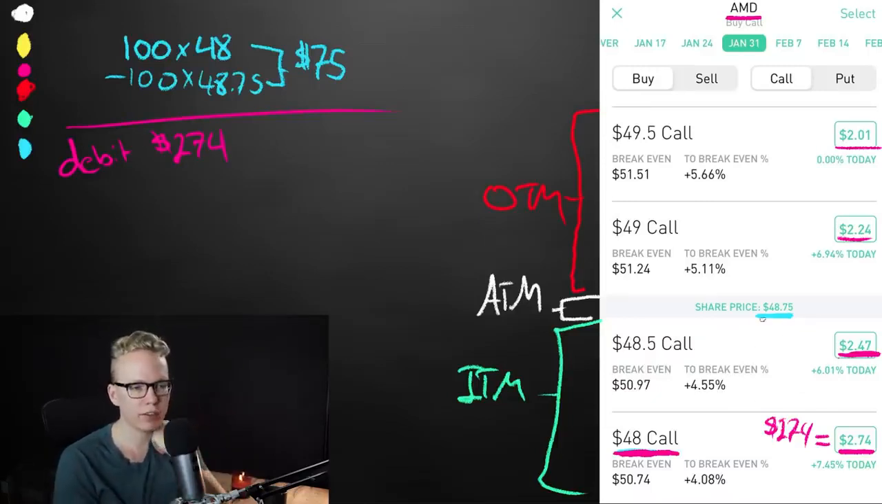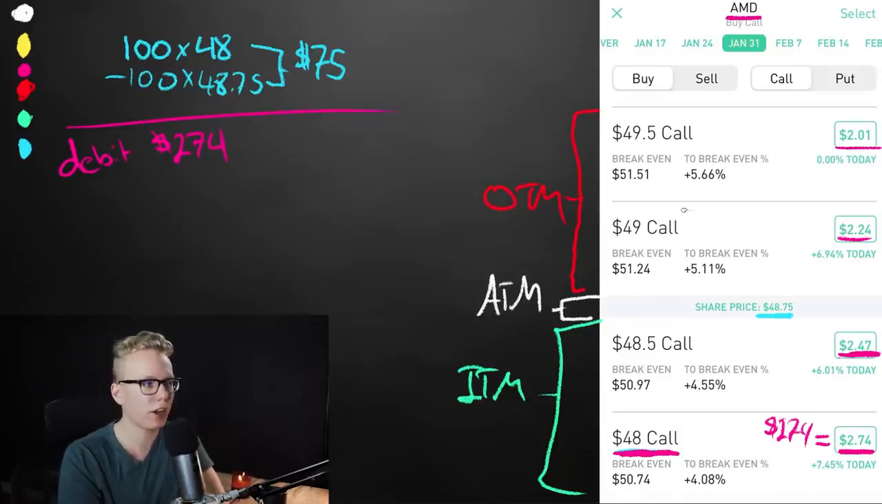So as the share price moves around, making these call options less or more in the money, the price right here is going to shift around, just like a share would. If you're trading AMD shares, it's going to go up and down, and you're going to buy at one price and sell at another. So in this case, let's say that we bought this $48 call for $274, but then